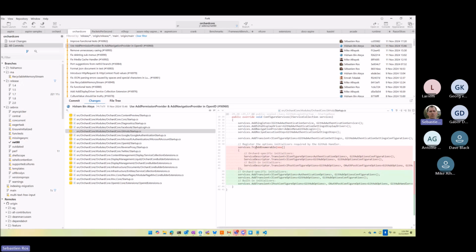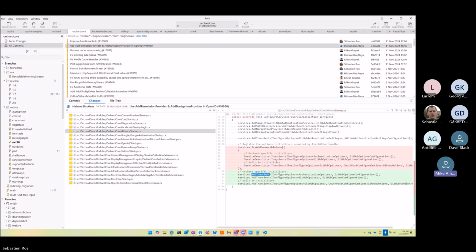Because the TryAdd means add it only if there was no registration before. Now we just register it anyway. Yeah, there will be two instances. I don't know why they would use a TryAdd in that case, but this is configuration and it should always be registered as transient. So when you say AddTransient like TryAddEnumerable,